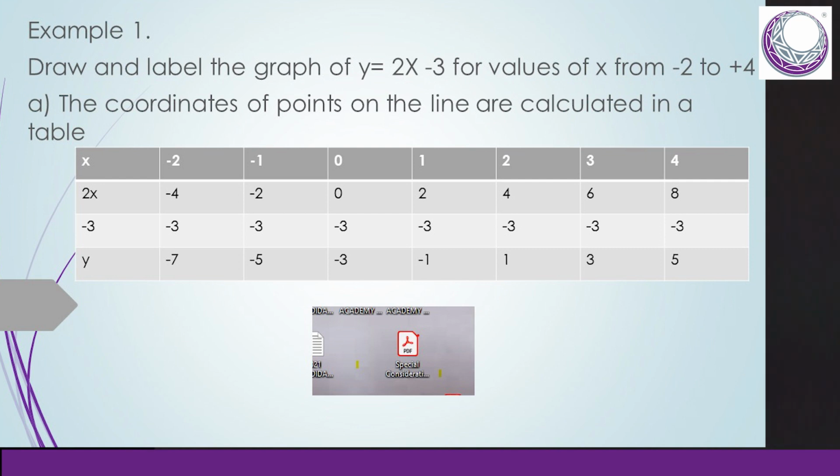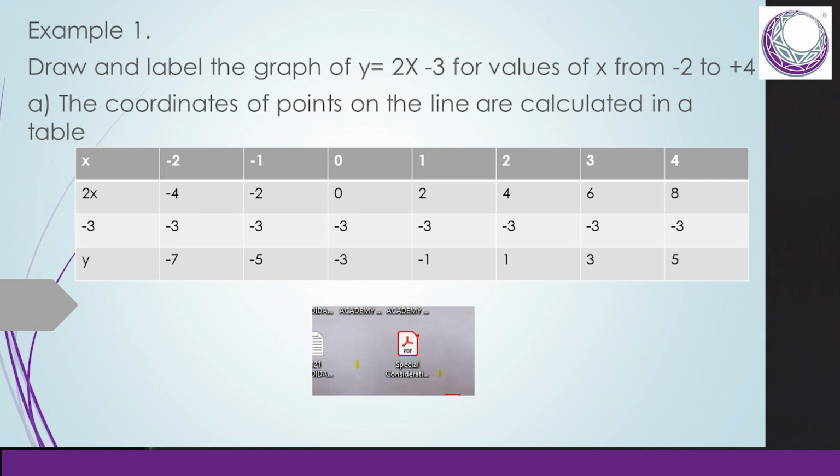Now, I'm going to connect this particular point. My first point is going to be (-2, -7), (-1, -5), (0, -3), (1, -1), (2, 1), (3, 3), and then (4, 5). Now when I'm going to connect, as I presume that everyone knows how to connect these particular lines,